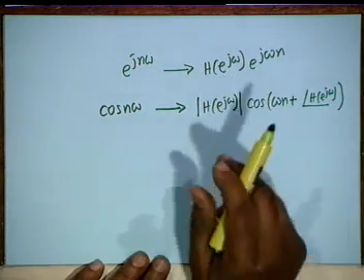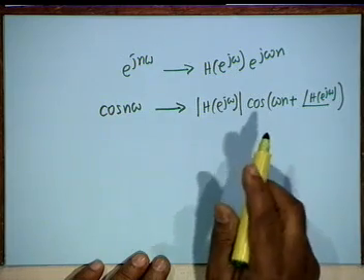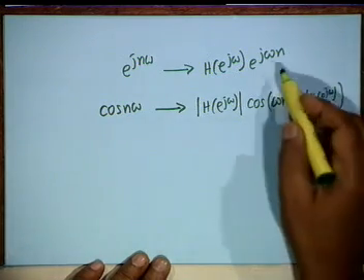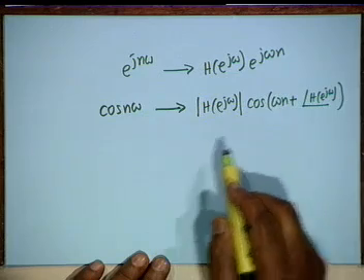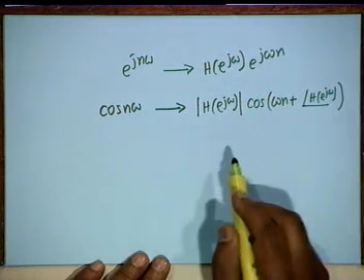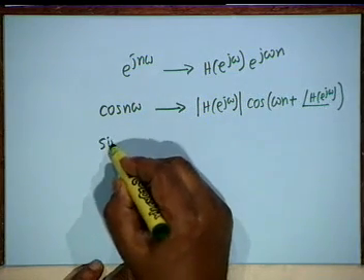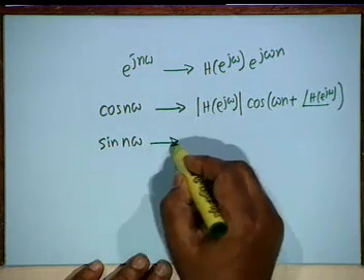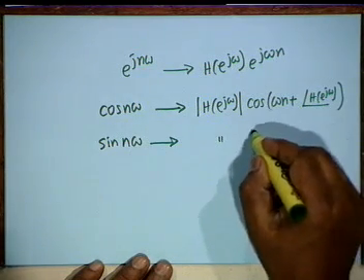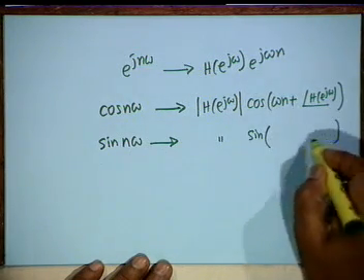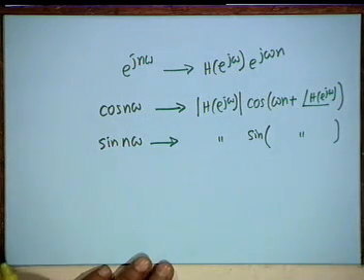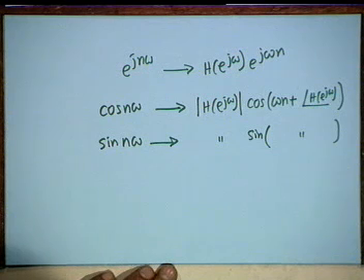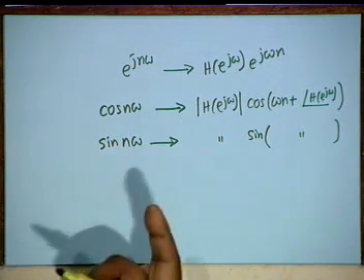Capital H can be written as magnitude times e to the j angle H, which adds to j omega n, and therefore the real part becomes cosine of this. And in a similar manner, if I have an input of sine n omega, then all that differs is instead of cosine I get a sine, and these give the steady state response of the system to either an exponential signal or a cosine signal or a sine signal.